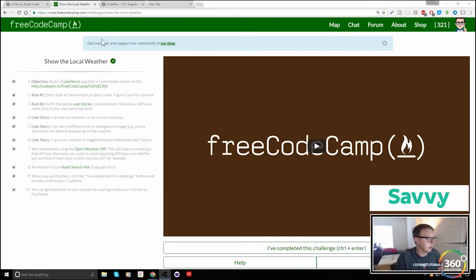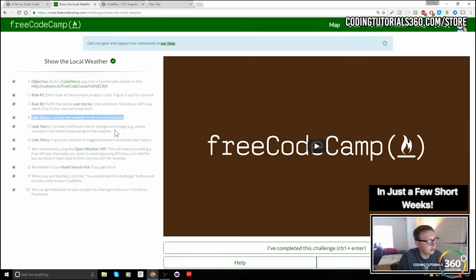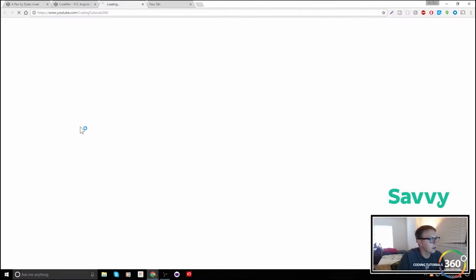So what are we building? We're taking the intermediate project, Show the Local Weather, from Free Code Camp, and we're going to allow it to show our current location, the weather for the current location, and change a background image based on the weather. We're also then going to have a Fahrenheit or Celsius toggle button, and we're going to use the Open Weather API to do that. At the end of it, you'll have something like this,